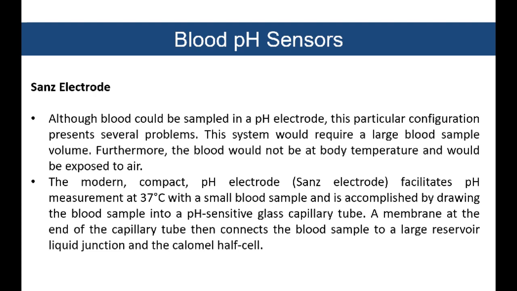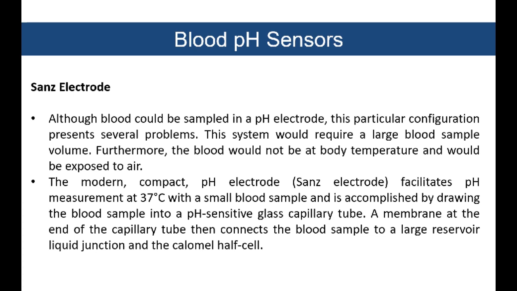Another electrode we are dealing with is the Sanz electrode. Although blood could be sampled in the pH electrode, this particular configuration presents several problems. This system would require a large blood sample volume. Furthermore, the blood would not be at body temperature and would be exposed to the air. The more compact version of the pH electrode, that is the Sanz electrode, facilitates pH measurement at 37 degrees